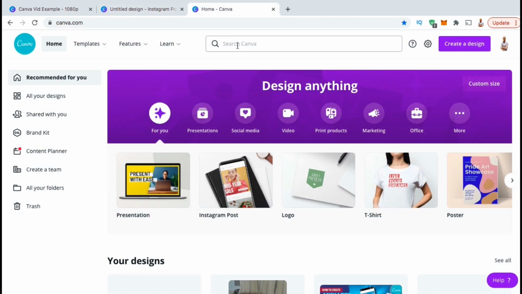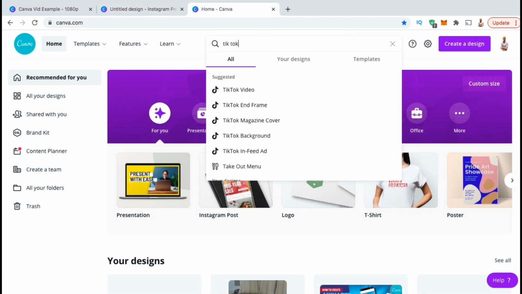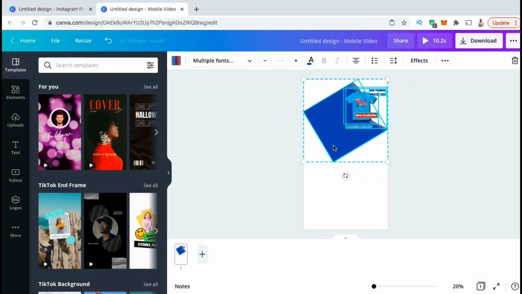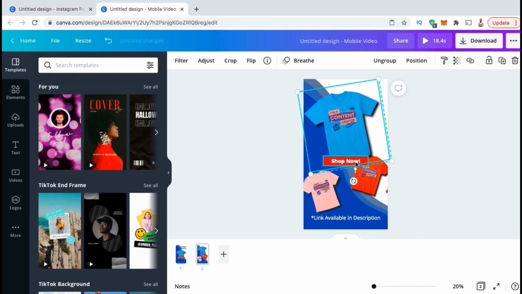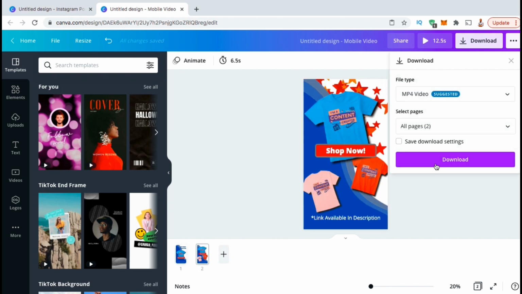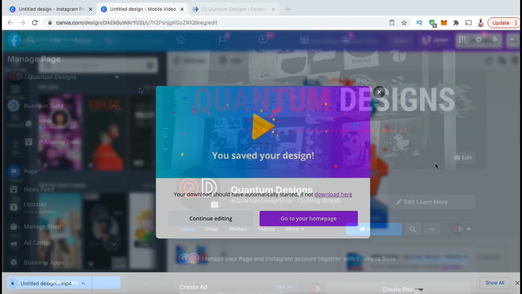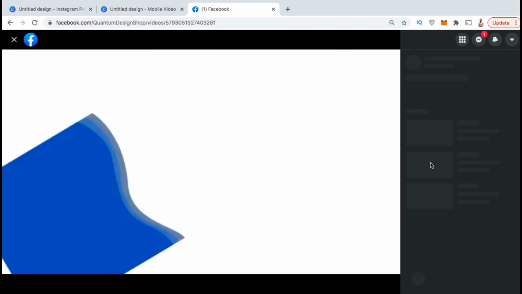If you wanted to make another video for TikTok, your Instagram stories, or any other platform, go ahead and follow the same process by opening up a new Canva tab, search for your video format, copy and paste all your elements into your new template, resize and rearrange your elements, add all your other scenes, then download your new animated video. Now that I've finished creating my animated videos, I can now head over to my social media brand pages and upload my videos to market my product.